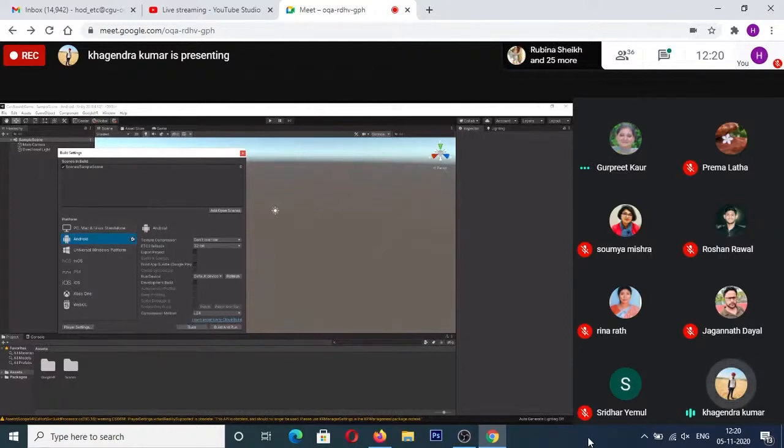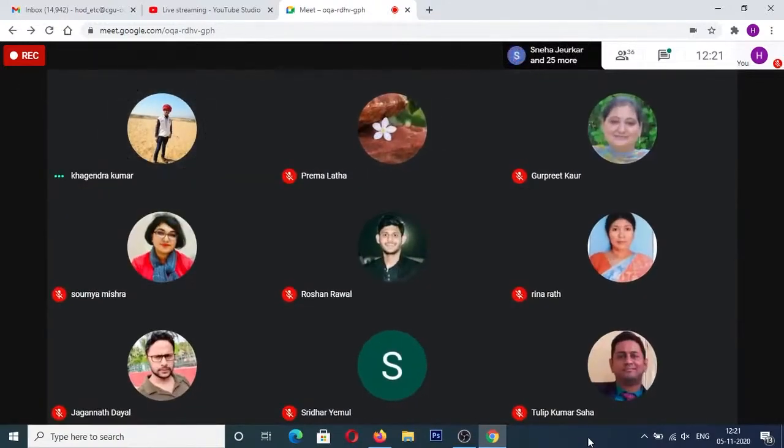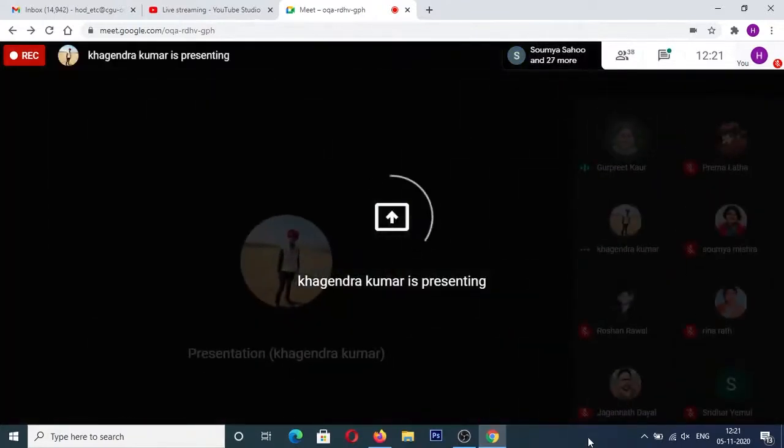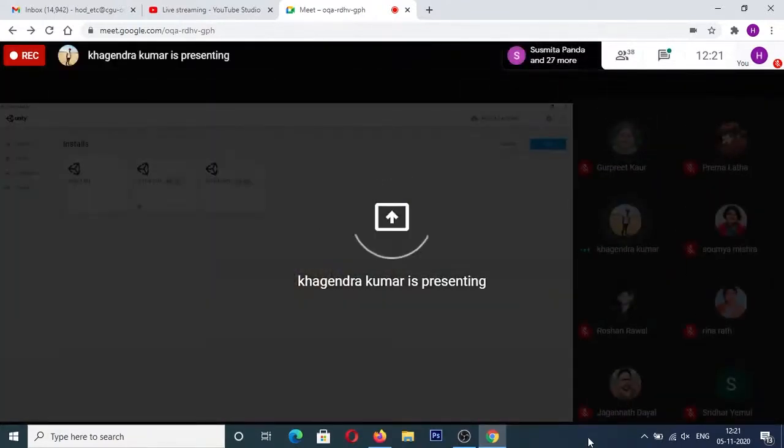So in order to fix this, what you can do is go back to Unity Hub. Let me go ahead and show it to you. So let me switch the screen. Actually, it's tricky in Google Meet. It does lose the Unity part a lot if I try to share the window. If you share the entire screen, then it's fine. Otherwise, it will keep losing. Yeah, actually it does that.